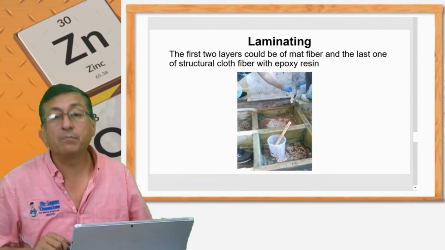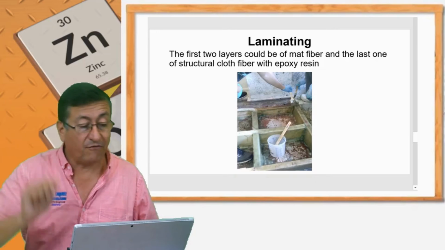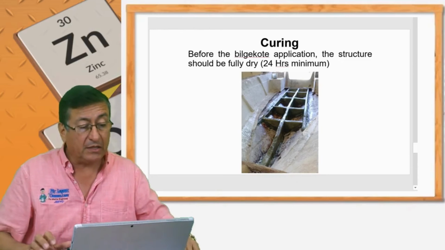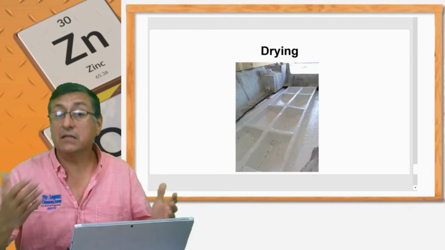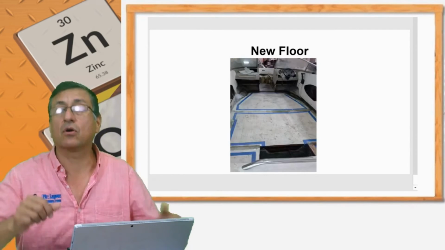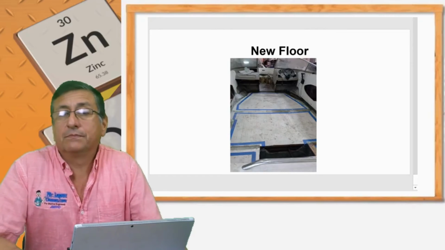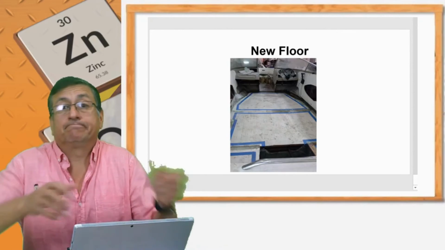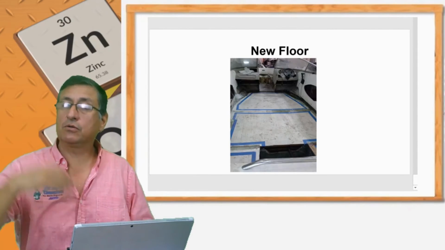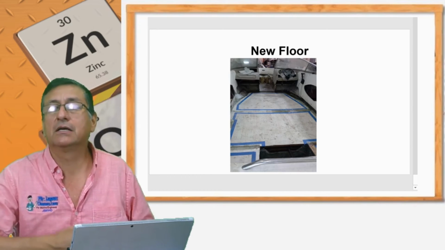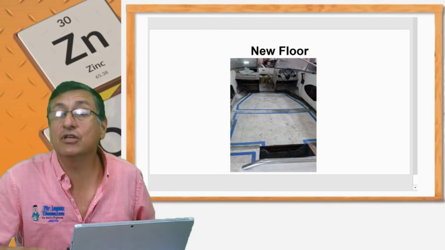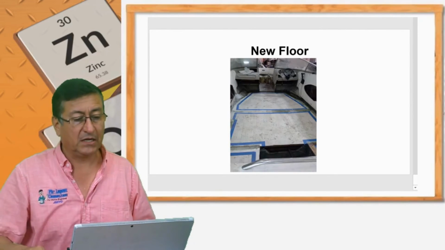And this is part of the project with my students, laminating the fiberglass. And when the stringers were completely laminated, they painted with the Gelcoat paint, and after that we prepare the new floor. It's a long process because you need to remove everything in the boat. This is too expensive. For that reason, I'm going to explain later in the class of composite materials. Be careful when you buy boats, used boats. The most important part is the condition of the stringers and the condition of the transom.